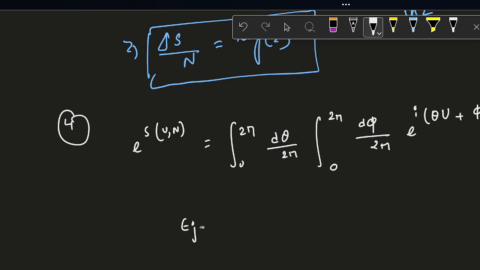Now as has been specified, your epsilon j is j, q equals plus 1, that means they are fermions,